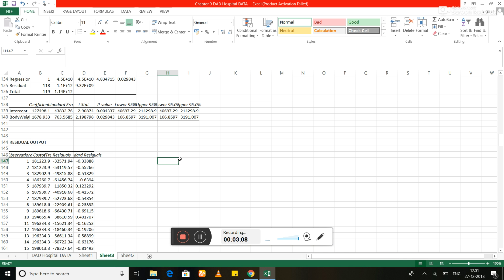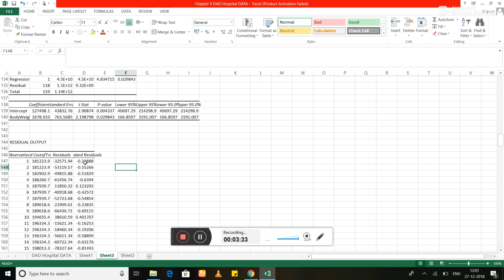In residual analysis, the first one we do is the normality test, that is, checking whether residuals follow a normal distribution. In Excel, to check that condition, we need a plot of the standardized residuals we have here. We already know how standardized residual values are obtained: this value minus the mean of the residuals, divided by the standard deviation of the residuals.